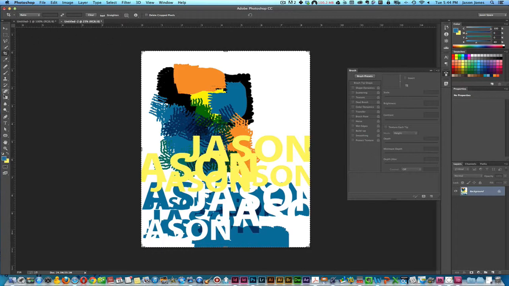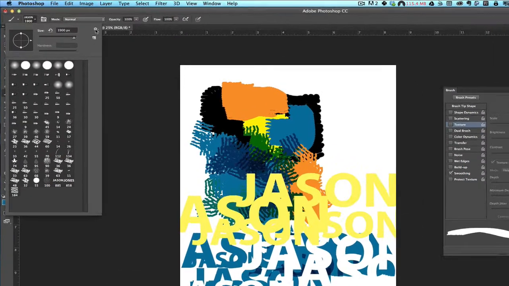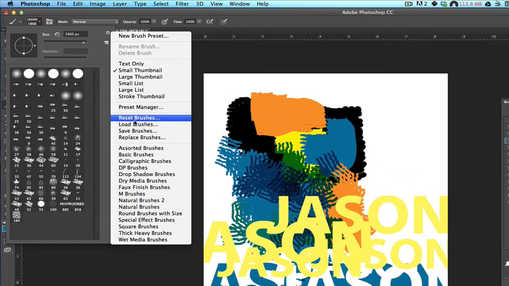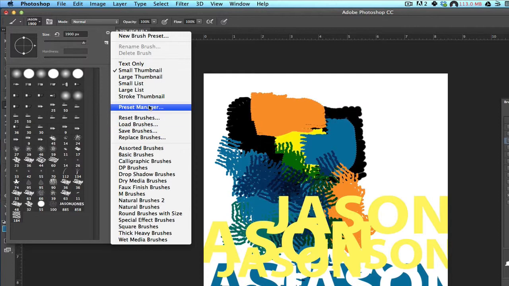Now if I want to actually save these brushes, I'm going to grab my brush tool again. If I click on the menu flyout, all I have to do is say Save Brushes. Now when I do this, it's going to save all the brushes in this brushes panel right now. If there are certain brushes that I want to save, like the ones I just created, I could then go to the preset manager,